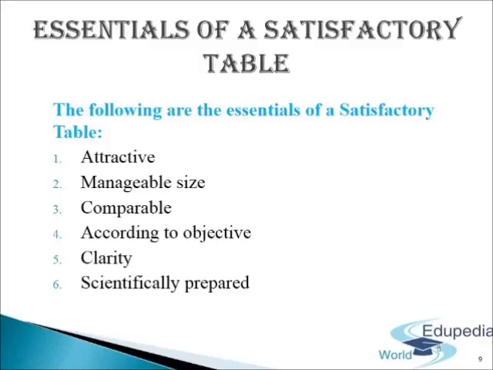The table should be scientifically prepared. All the required rules of tabulation should be carefully observed. A table should have a suitable title, proper captions and stubs, source, footnotes, etc. Certain figures which are to be emphasized should be in distinctive type or in a circle or a box or between thick lines. A table should have miscellaneous columns for the data which cannot be grouped in the classification made. Large numbers are hard to read and difficult to compare, therefore, they should be approximated. For example, up to the nearest crores or lakhs, etc.